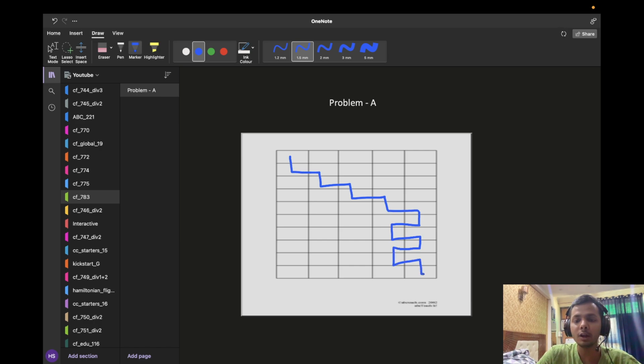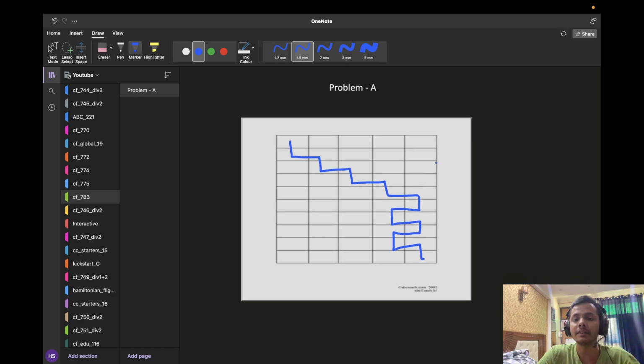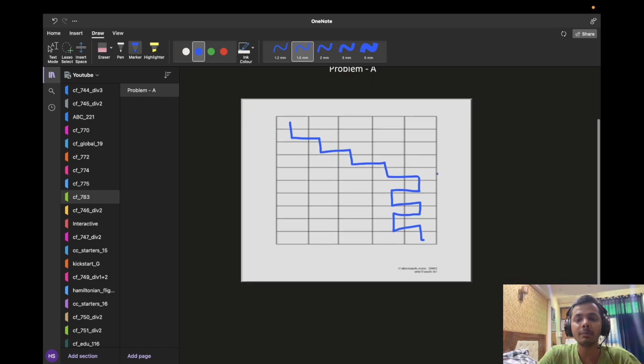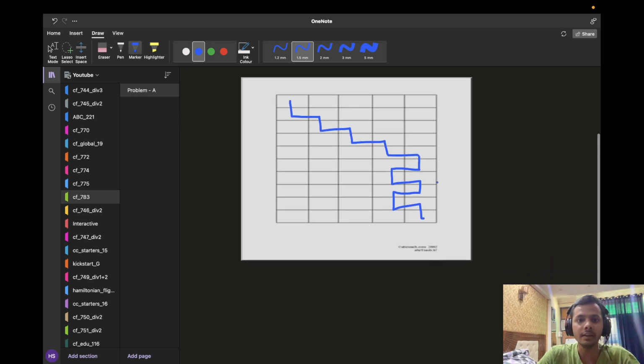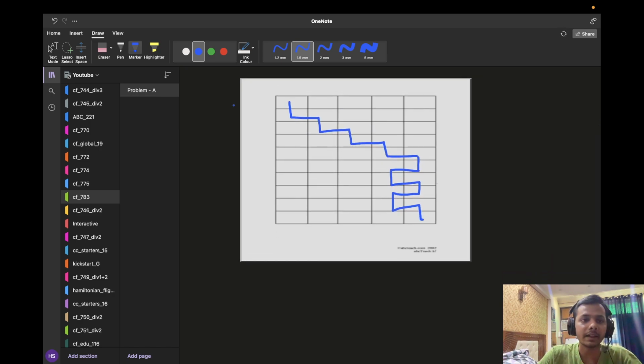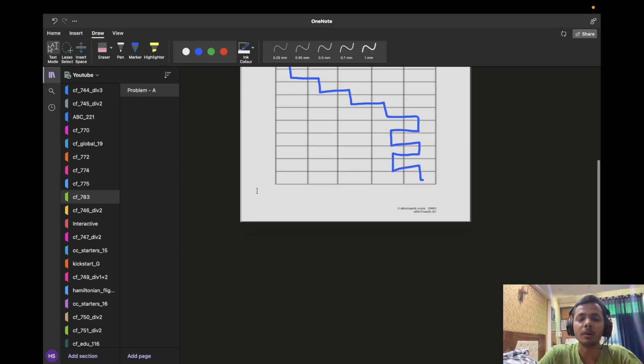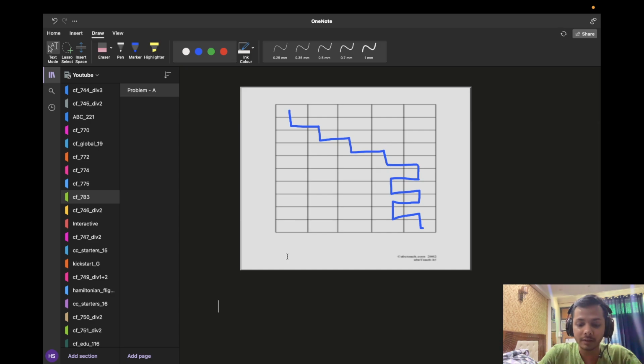And this is obviously optimal because at every point of time we are choosing the best possible thing that we can do, right? So this will give us the minimum number of steps that is needed. So yeah, that's pretty much it. That is the entire solution. Let's just form a mathematical formula for it. So we have an n cross m grid,